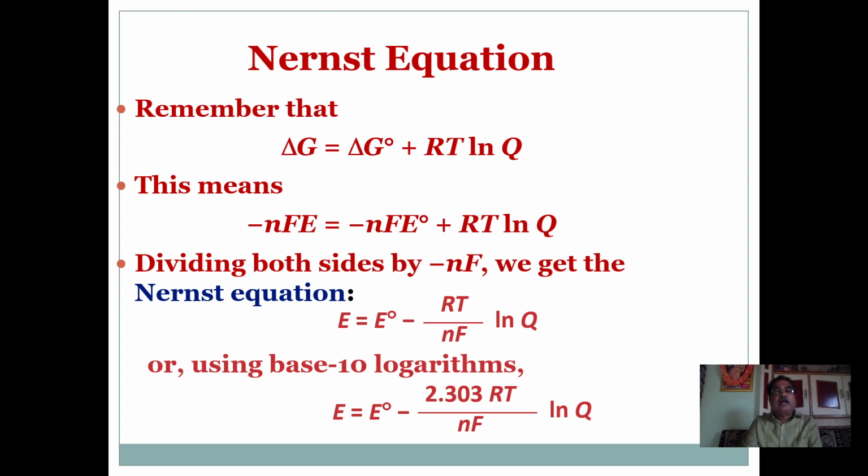In the Nernst equation, remember that delta G is equal to delta G0 plus RT log of Q. Because delta G is equal to minus nFE, the equation becomes minus nFE is equal to minus nFE0 plus RT log of Q. Now dividing both sides of this equation by minus nF, we get the Nernst equation, that is E is equal to E0 minus RT divided by nF log of Q,